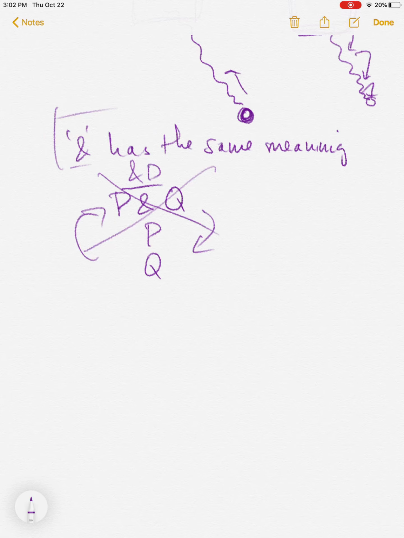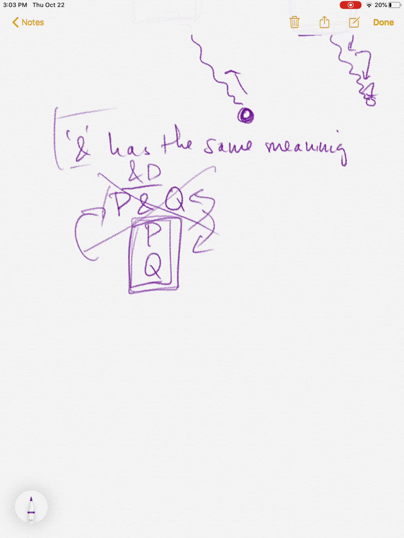Any truth value assignment that makes some list of conclusions true, that is generated by application of the rule, is going to make the sentence that generated those conclusions true. So any truth value assignment in this case that makes both P and Q true is going to make the conjunction of P and Q true. What does it mean to say that it's downward correct? Any truth value assignment that makes the conjunction of P and Q true is going to make the things that are generated by application of the